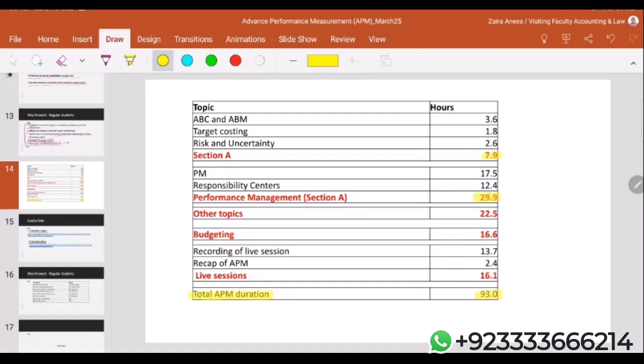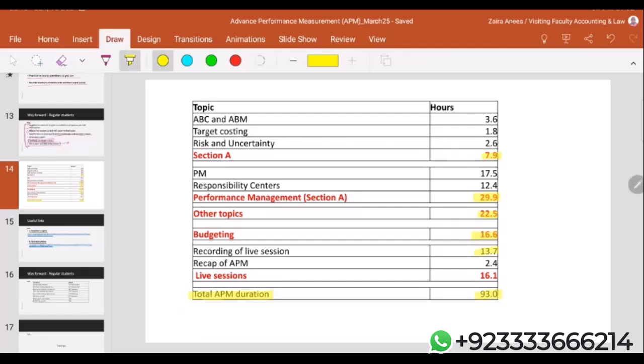It also covers a lot of different topics like quality related issues, benchmarking, maybe PPR. Those topics are generally covered in the same part, right? Other topics include some miscellaneous topics like EMA, maybe value-based management and other topics. Those are covered here. Budgeting will be around 17 hours. Recorded live sessions, all those sessions which we already did I think last year, will be part of your